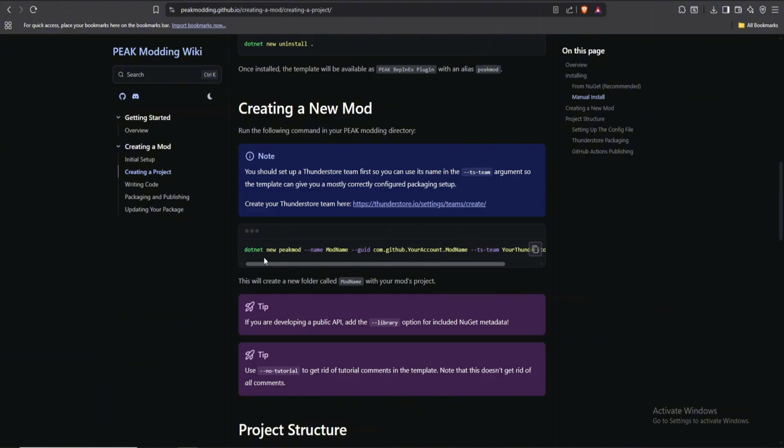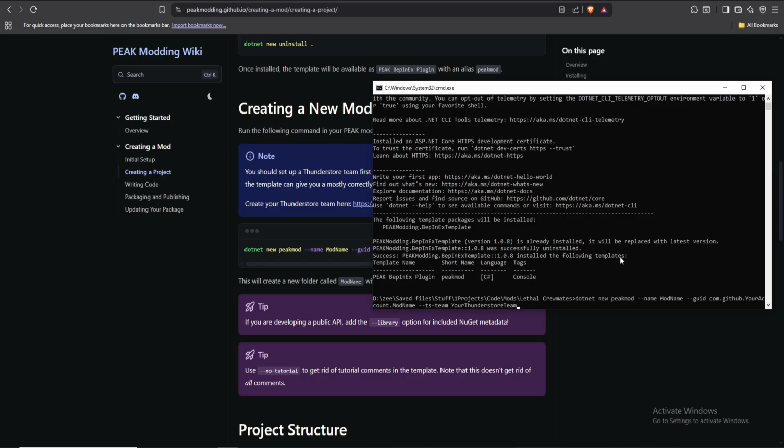Okay, so now we can just paste this in. And if you happen to skip the Thunderstore part, it doesn't really matter, you could still just enter a username. So the username I'm going to go with is Zeblo, because that's the name I used on Thunderstore. And if assuming I didn't make a Thunderstore account, I could just use this name here. So I'm going to go with Zeblo, and this right here